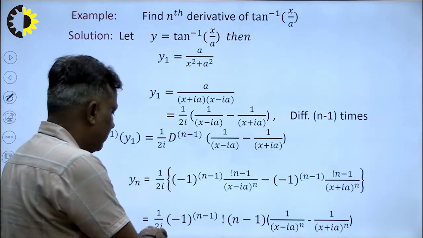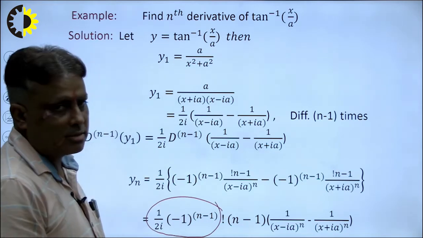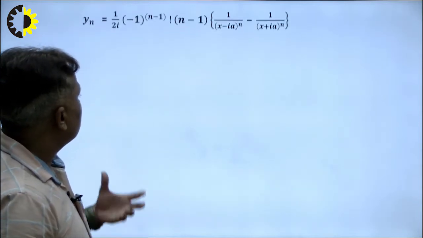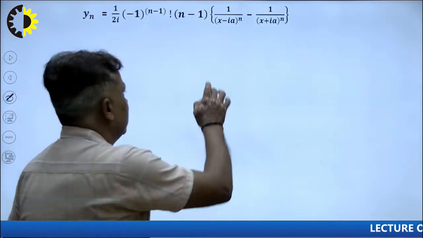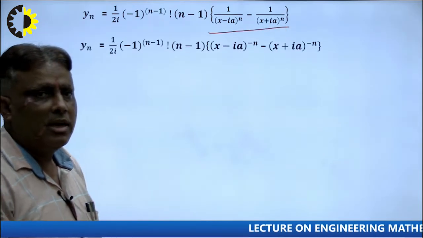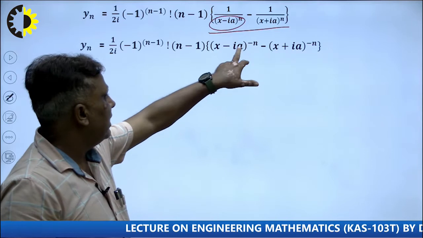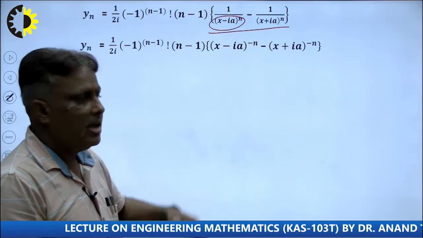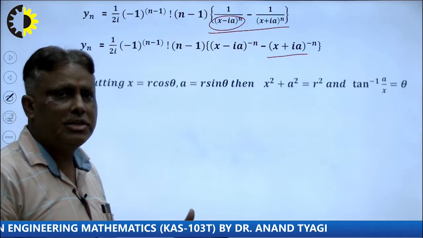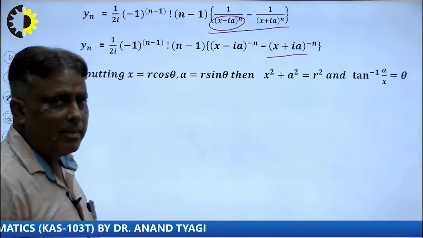Now the common portion is minus 1 raised to the power n, I consider it, and the remaining portion is 1 upon x minus a and x minus a here. So in this way we find our solution. Now suppose the minus portion is common here and the remaining portion is this, we can solve it in further steps. How to solve? This can go in the numerator. If this portion goes to the numerator, what will be its value? This will be x minus ia raised to the power minus n here. Similarly x plus ia raised to the power minus n, because our aim is to solve it more and more. Why? Because we study de Moivre's theorem at the 12th level.